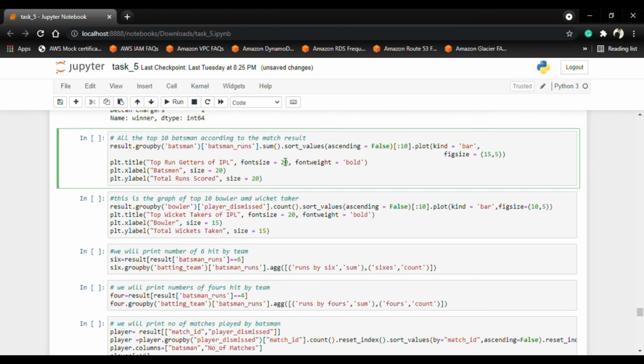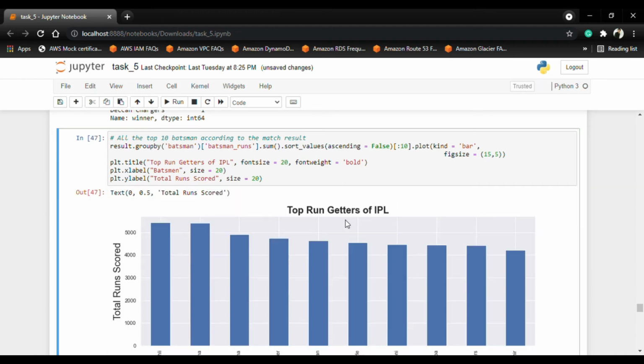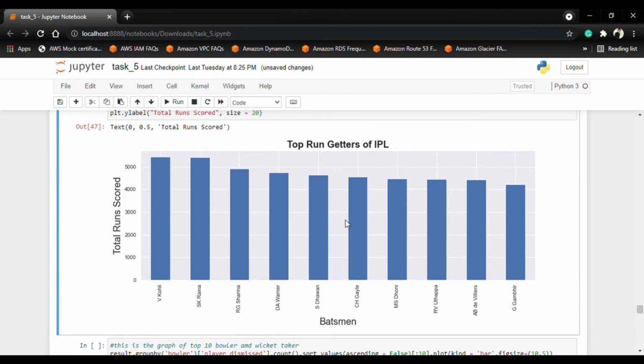And in this cell we are going to see the top 10 batsmen according to their match result. Everything here is plotted using their runs. So Virat Kohli, SK Raina and RG Sharma, and this is all the batsmen with respect to the total runs.